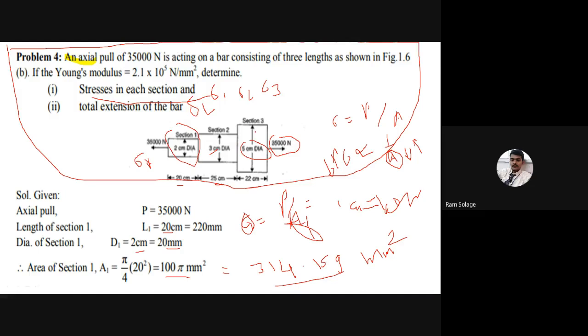चेक करा सेक्शन नंबर 3 कसा आहे बघा. एरिया मॅक्झिमम आहे कारण डायमीटर किती दिसते 5 सेंटीमीटर आहे. एरिया मॅक्झिमम आहे म्हणजे ट्रेस काय असणार आहे मिनिमम आहे. चेक करा सोल्युशन. जेवढा एरिया लहान असेल तेवढा ट्रेस मॅक्झिमम असणार आहे. त्याचं प्रूफ कशामुळे आपण हे केलं प्रूफ केलं तर चेक द बेसिक डेफिनेशन ऑफ ट्रेस. ट्रेस इज इक्वल टू फोर्स अपॉन एरिया. विथ हेल्प ऑफ दिस फॉर्म्युला द फॉर्म्युला शोईंग दॅट ट्रेस इज इनवर्सली प्रोपोर्शनल टू द एरिया. जेवढा एरिया कमी असेल ट्रेस मॅक्झिमम असणार आहे. जेवढा एरिया जास्त असेल ट्रेस मिनिमम असणार.